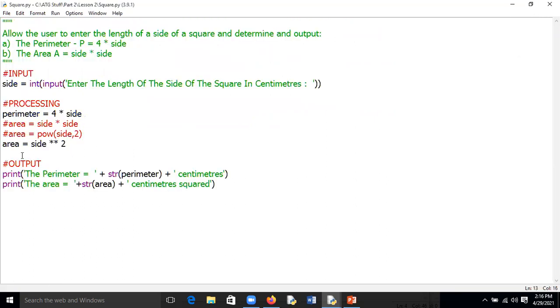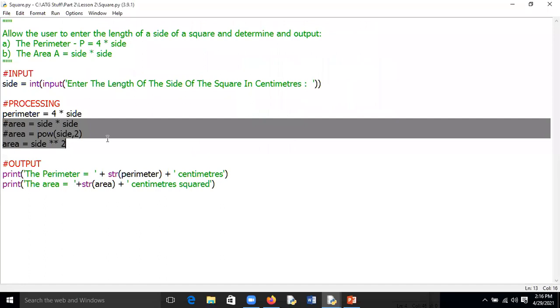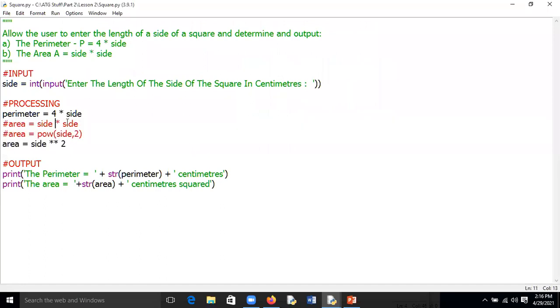So these are the 3 different ways we can actually square a value. Pow, side comma 2, or side double asterisk to the power 2. So remember, if this was a question in a test or an exercise, you could have used any one of these three and it would be correct. All right, so